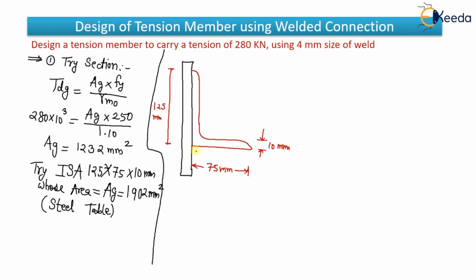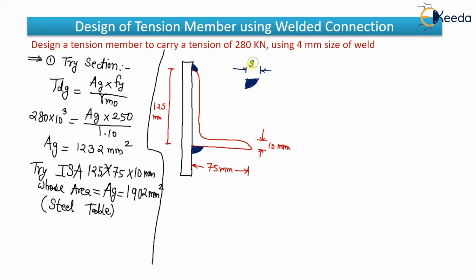Let me change the color. Let us assume I will be doing the welding like this at this portion, and I'll also do the welding at these points. Okay, like this. Now there is a concept. If you take the zoom view of this, it will look like this. Your welding will look like this. Correct? So we have two concepts related to the welding.